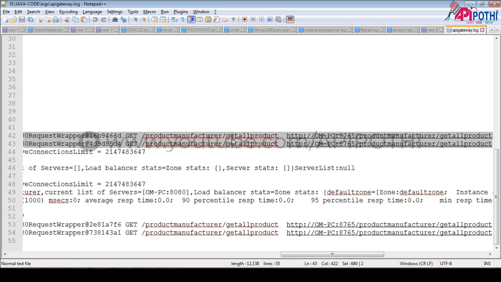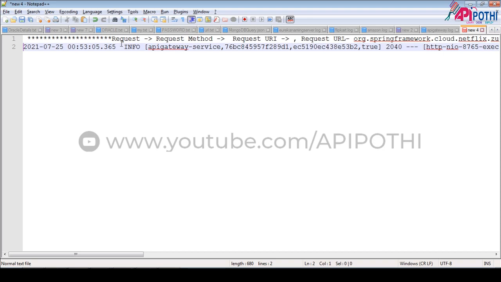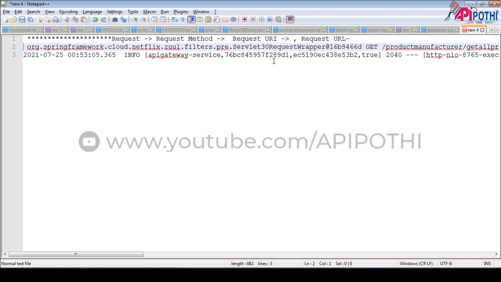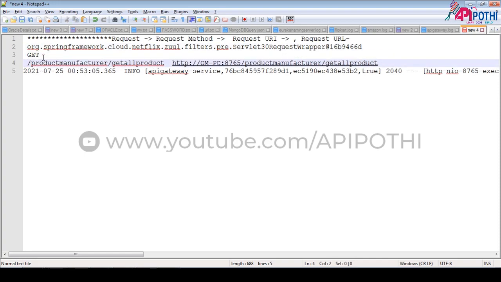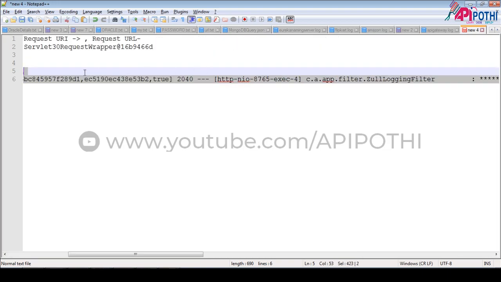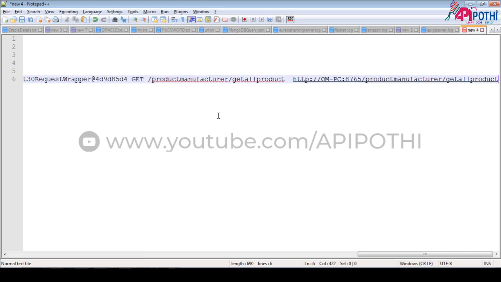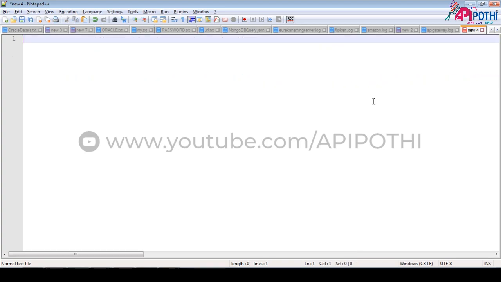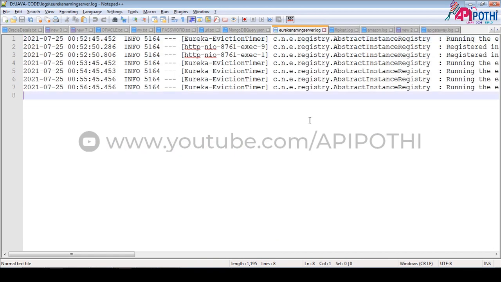We copy this request, go to the new one, and the same log is getting printed. Same method, same details are getting printed. So we got to know that whatever log we have printed, we are able to see the information respective to that log. So this is the first work of our API gateway.